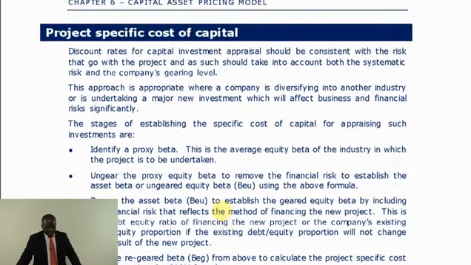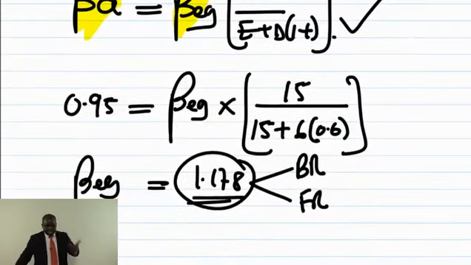Now let's go to project specific cost of capital. Your investment appraisals that you're going to do, this is where the challenge is going to start from. When you get your net cash flows, we said the net cash flow should be discounted using the appropriate cost of capital. The risk associated with the project will be either business risk, or business risk and financial risk. It all depends on how the project is supposed to be undertaken and financed. Let me create a scenario again, because always the way they create the scenario is what takes some of the students out.